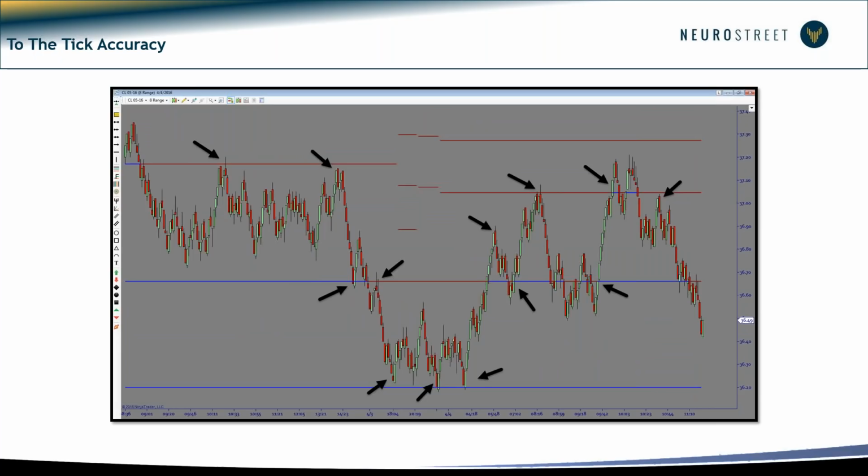But I want to talk a little bit about what anybody in here with any trading experience is going to say: well, yeah, you've pointed out all the good ones, right? But what about this one where support failed? Okay, what about this one where resistance failed? Or why did it overshoot support here and then finally hold? Or why did it break support here? This is the big question that everybody should always ask,